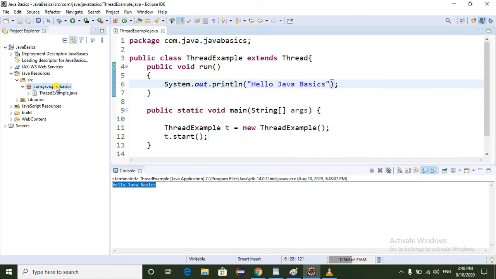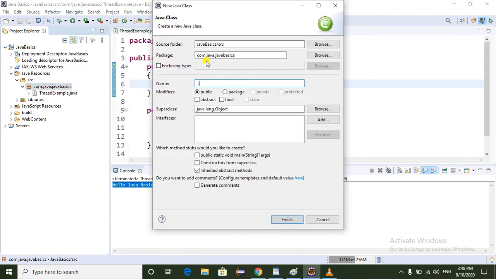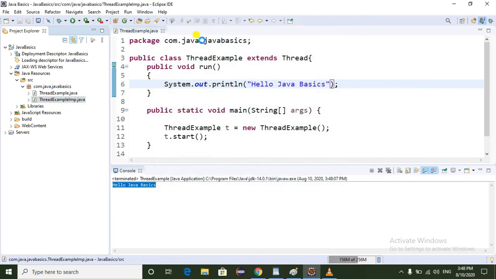Another way is by implementing the Runnable interface. I am going to create a ThreadExampleImpl class. This is my class name and I am selecting the main method.